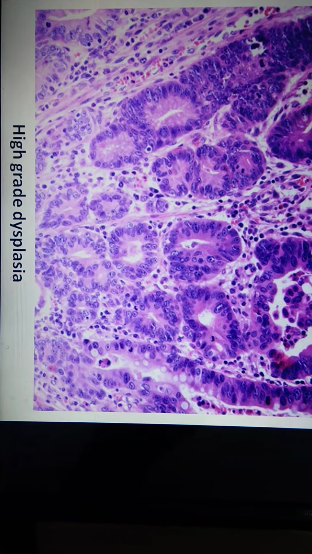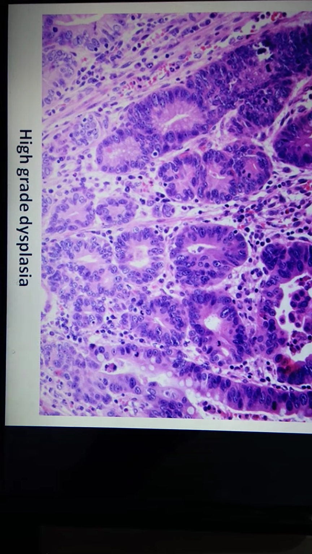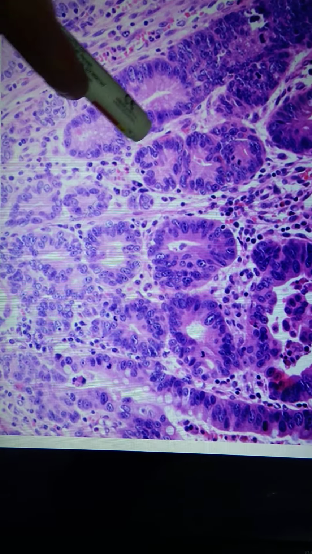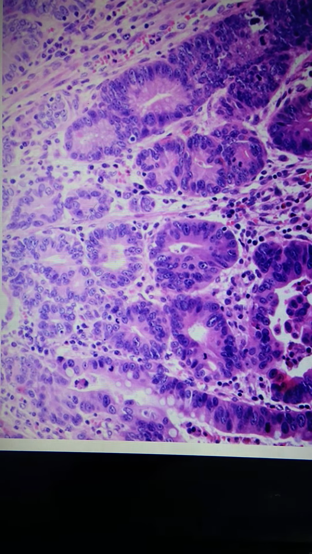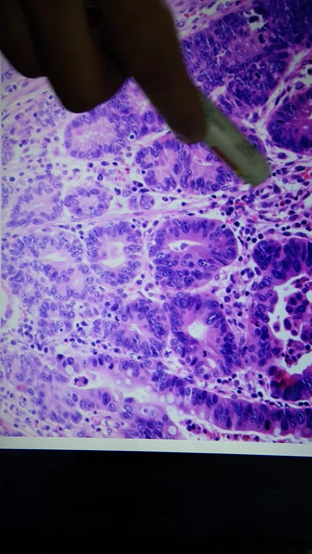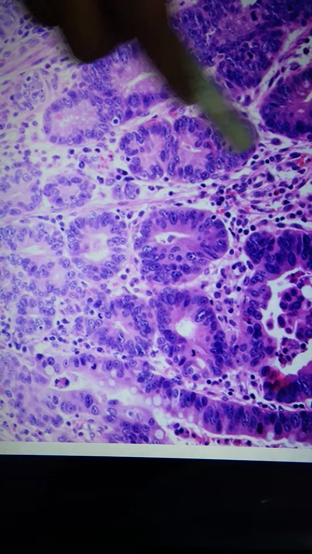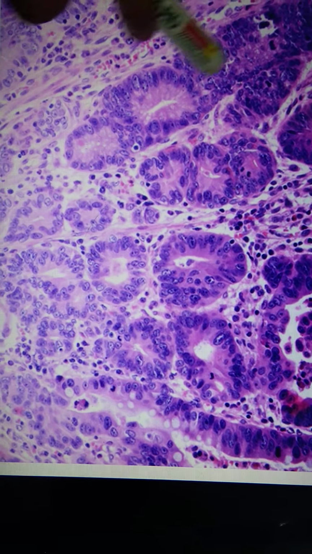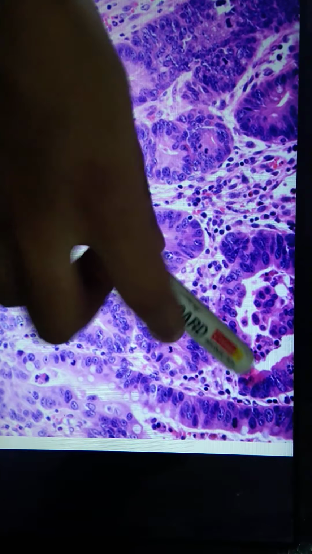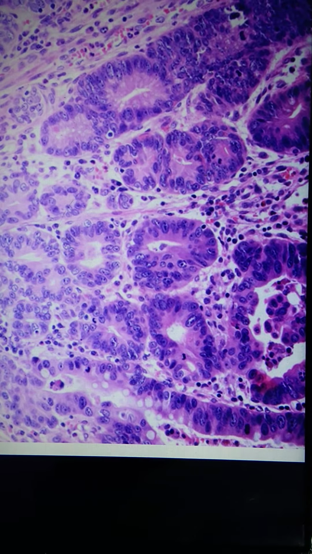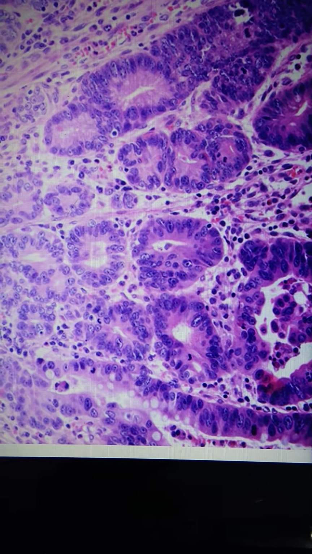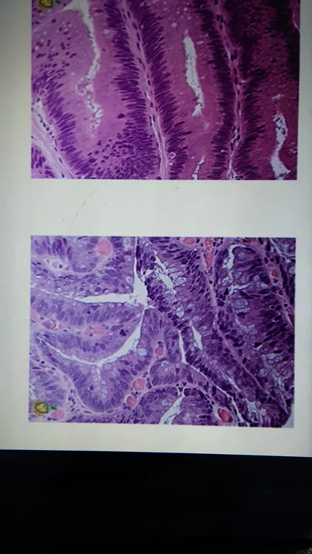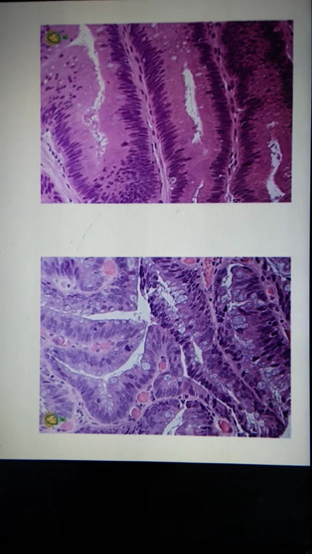Contrast this to one with nuclear enlargement, where the nuclei tend to become more oval to round. You can see the nucleoli, they are winking at you even at a lower magnification. You will see mitosis readily apparent, plus they are more and more going towards the luminal aspect. And the nuclei have completely lost their polarity. They are just everywhere. So when you see these features, only then does it qualify for a high grade dysplasia. This distinction is very important. You have to be extremely sure when you write your report.